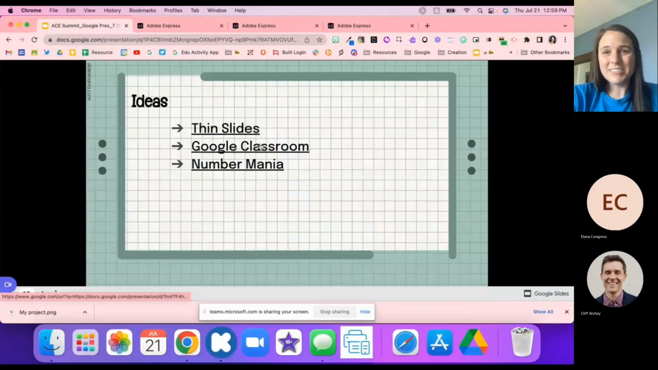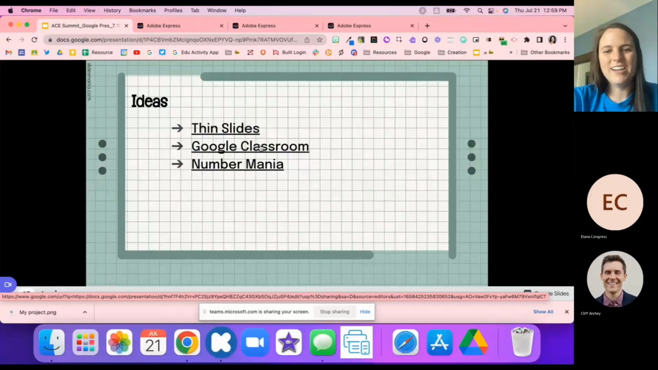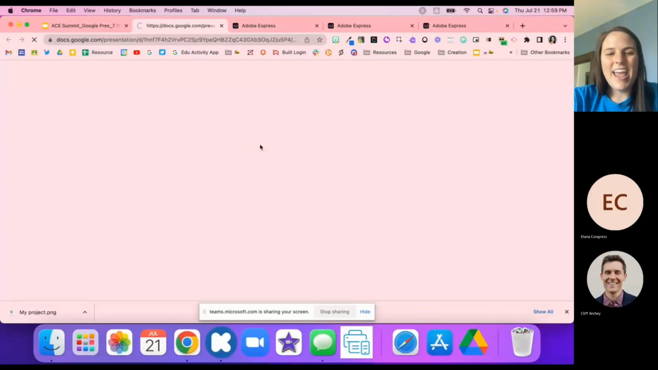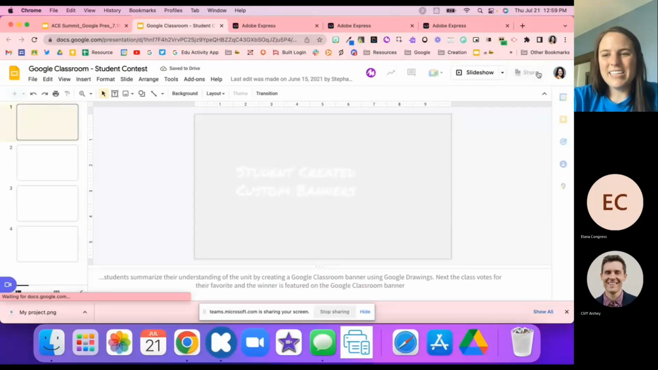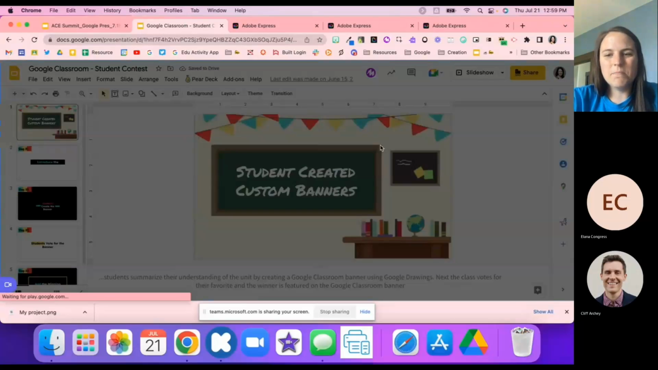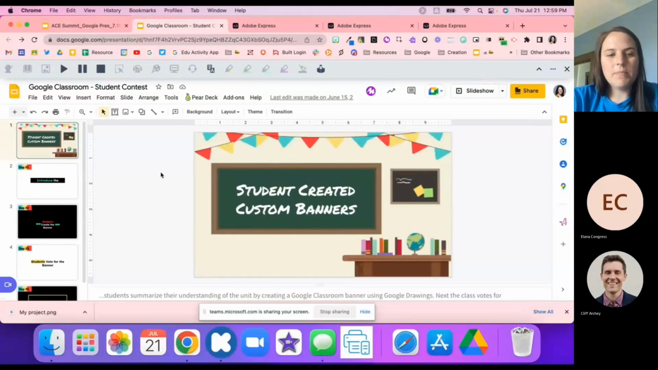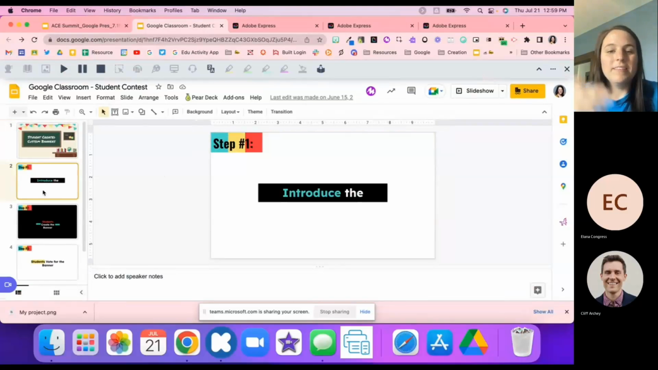Next thing that I like to do at the beginning of the year is Google Classroom. So in Google Classroom, there is a header. And on that header, I like students to create those custom banners. So with those custom banners, students can come in and they're able to introduce themselves or introduce a topic or whatever they want to do. They're able to customize their own